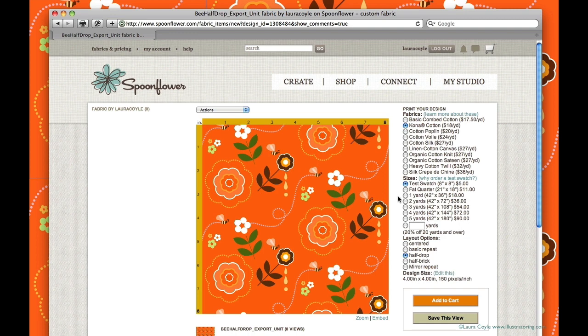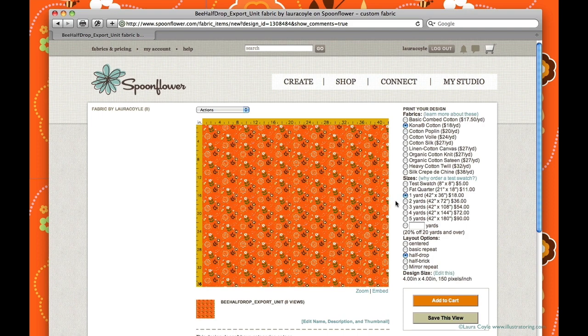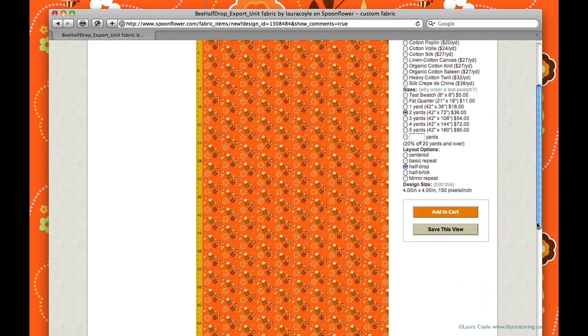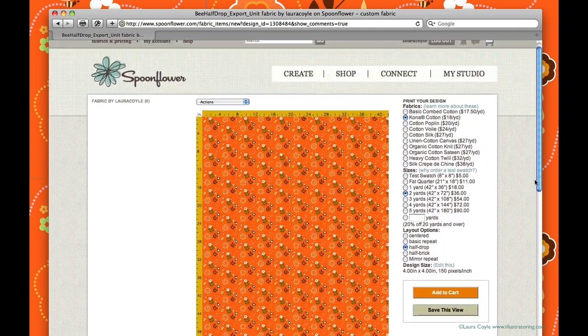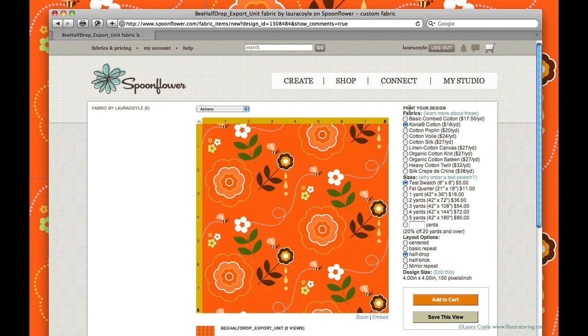But before ordering a test, make use of Spoonflower's system here and just preview some of these different sizes to check for errors in your repeat. Sometimes it's easier to see everything on a fat quarter. That's a quarter of yardage. And then check out the 1 yard option with the full 42 inch width, and even go to 2 yards. And then I'll go back to the test swatch size now, so that's 8x8 inches,